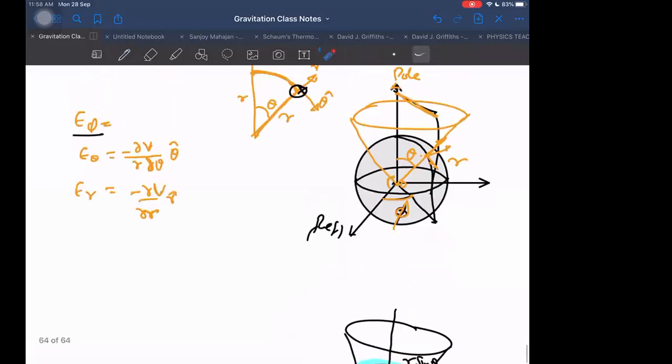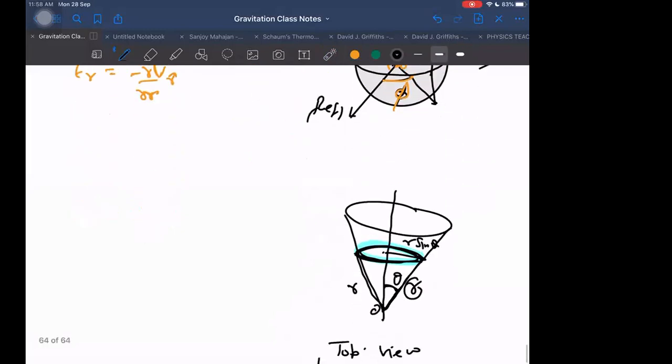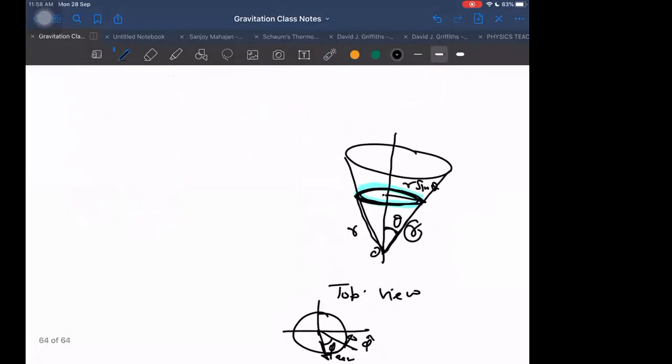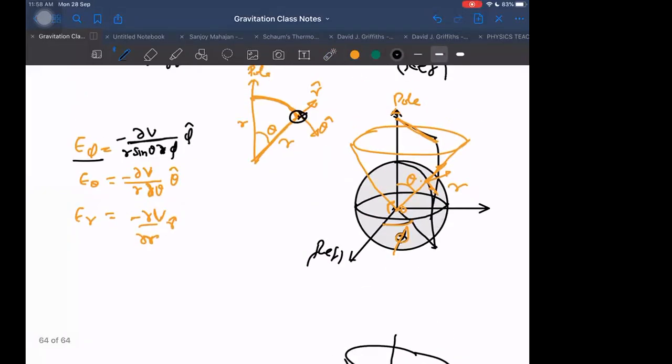So what we can write is r sin theta d phi. Del v by del phi is along phi cap. By changing phi we are getting phi cap. By changing theta we were getting theta cap. By changing theta it was downwards like this, and by changing phi it is into the plane, this side here.